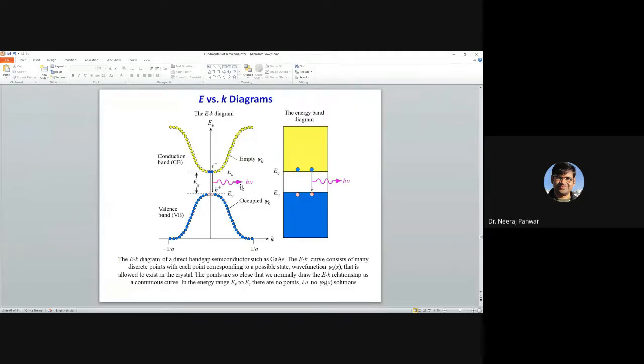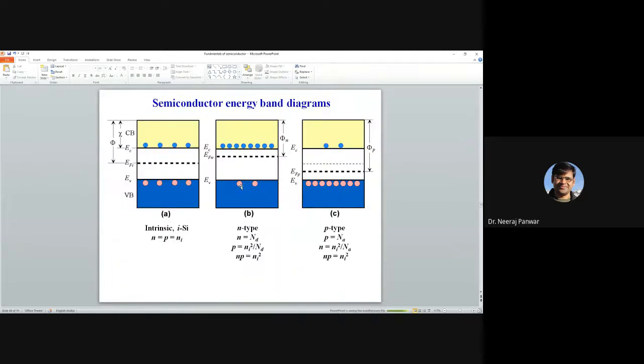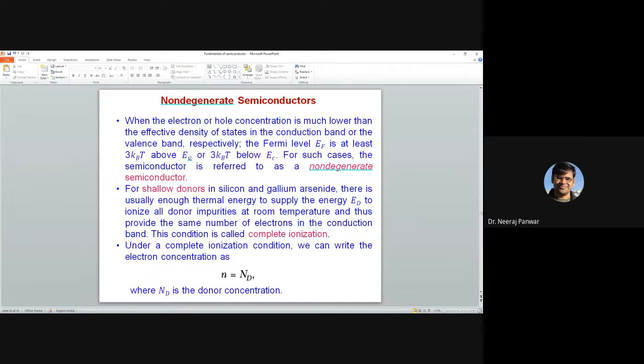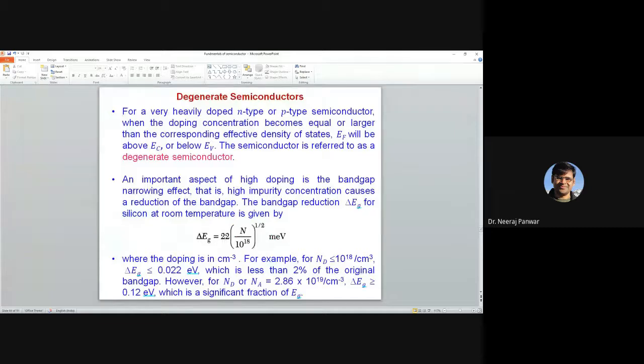All right. So now after discussing the degenerate semiconductors, we move to discuss direct and indirect band semiconductors. If you recall, in the previous class, we discussed several semiconductors in which we wrote symbols like I or D. So, for example, germanium is I, silicon is I, gallium arsenide is D. D here represents a direct band semiconductor, and I here represents an indirect band semiconductor. So now we discuss what we mean by direct and indirect band